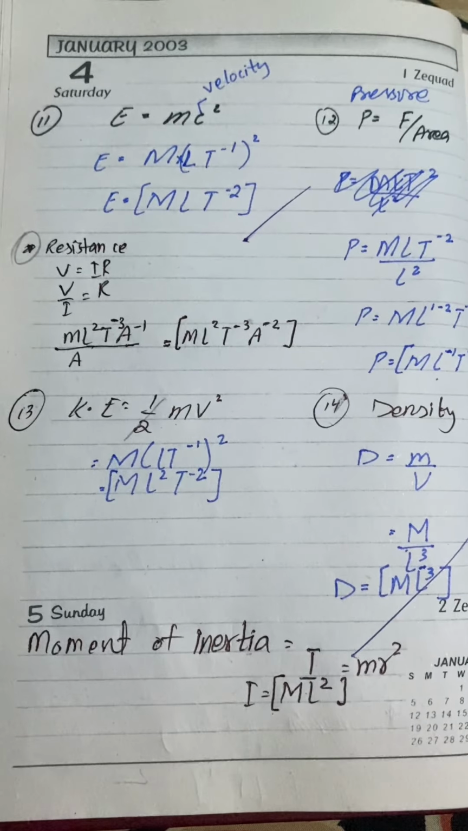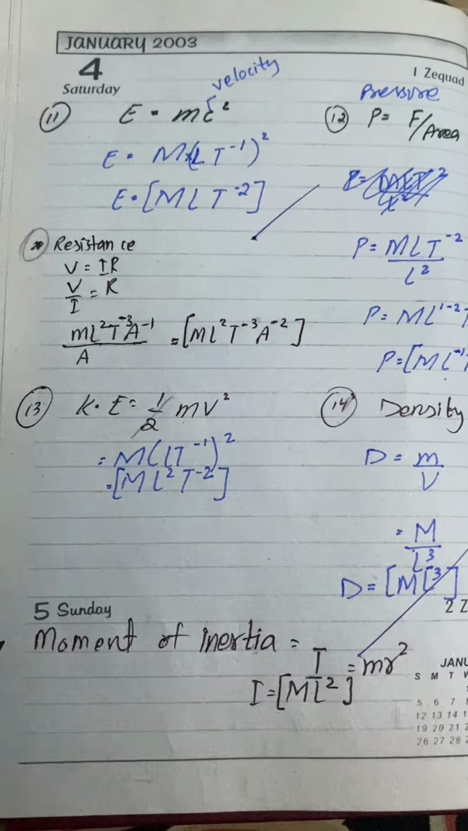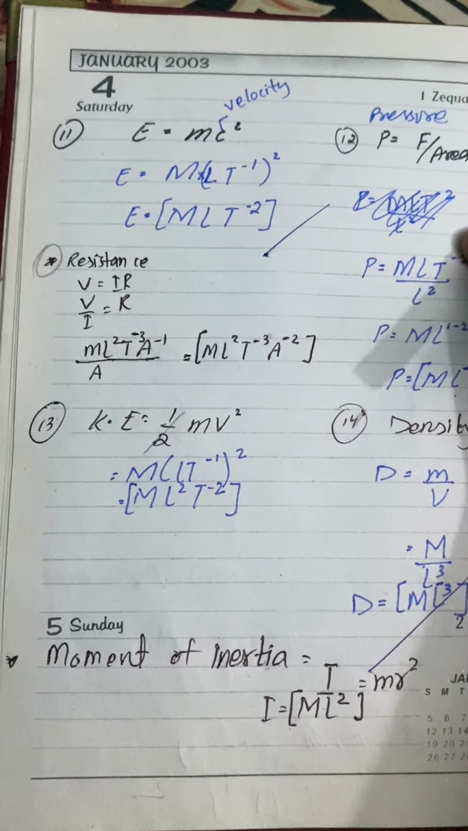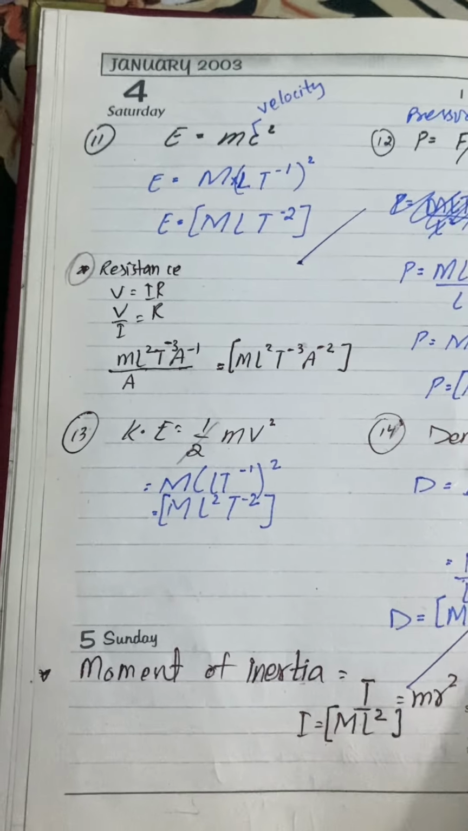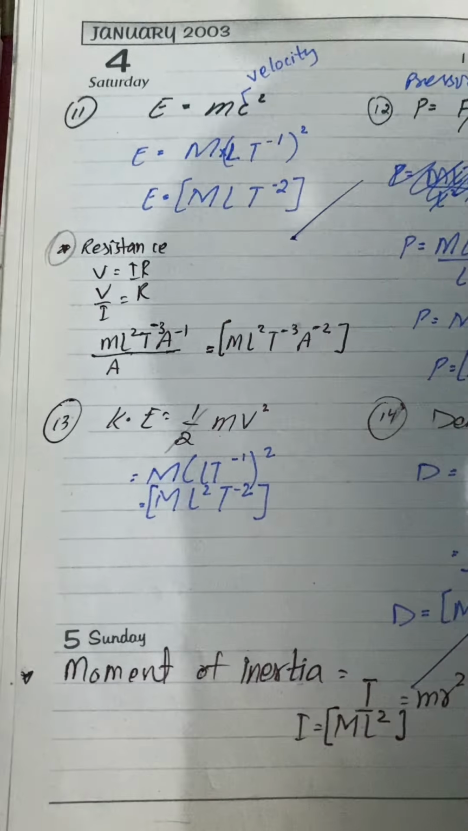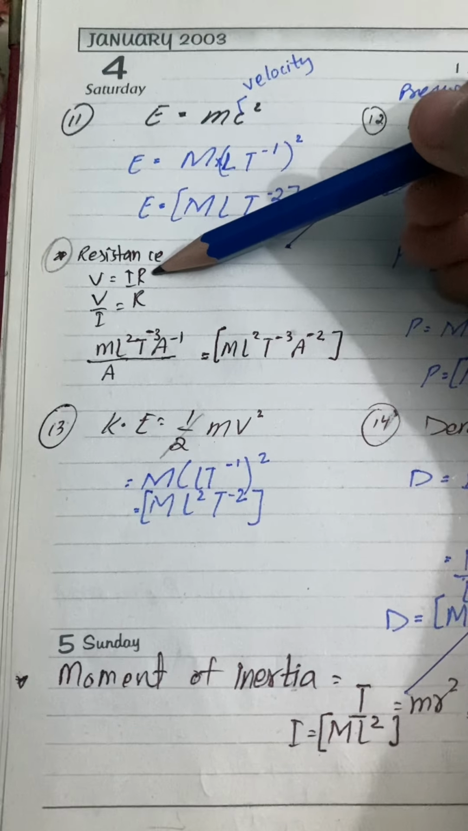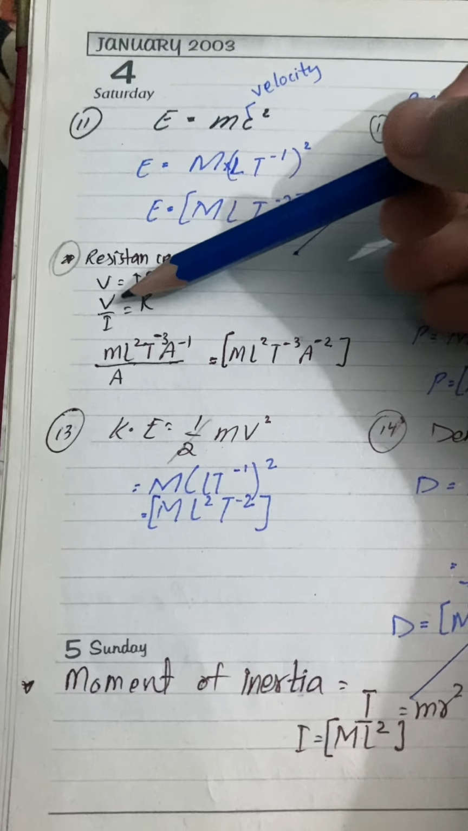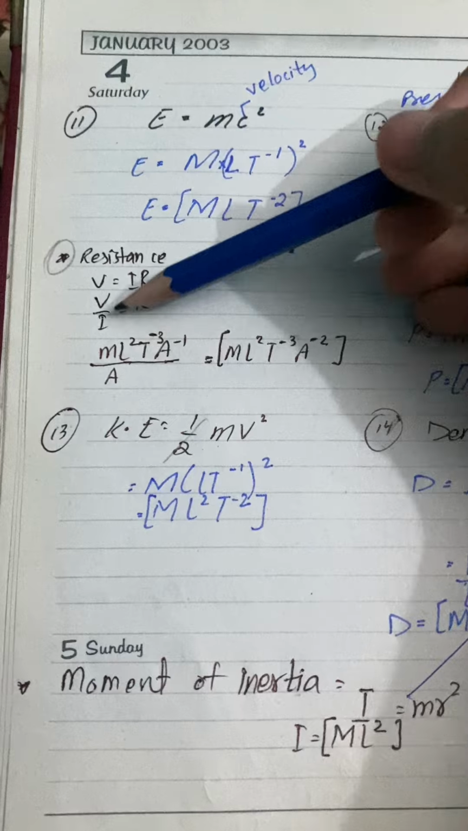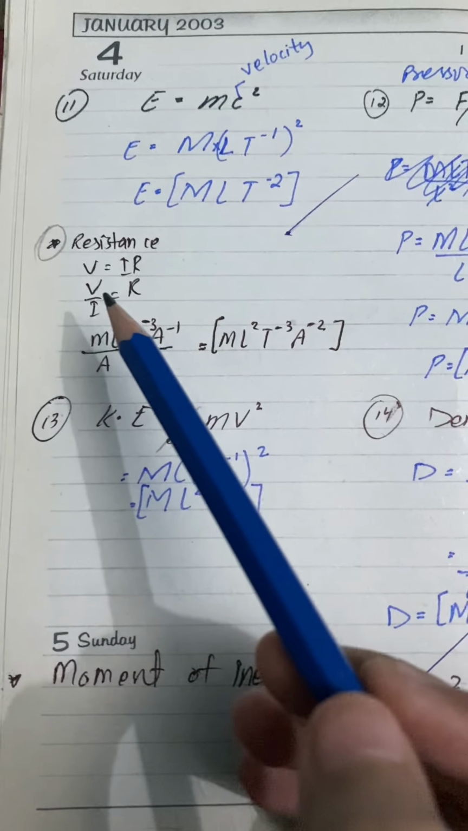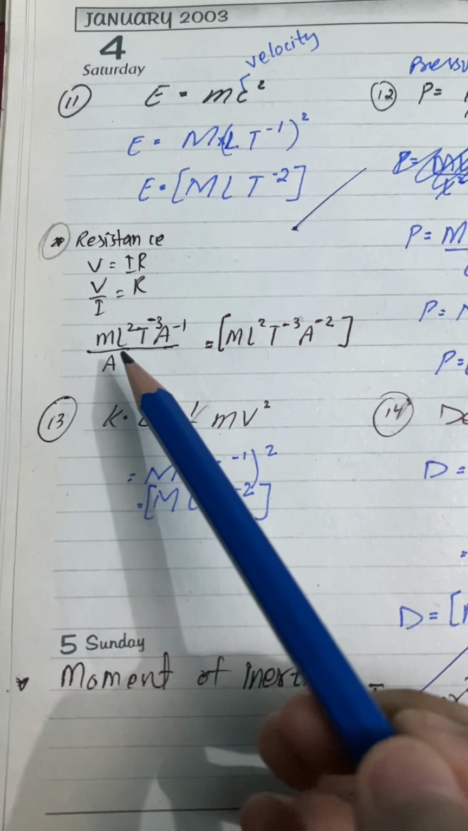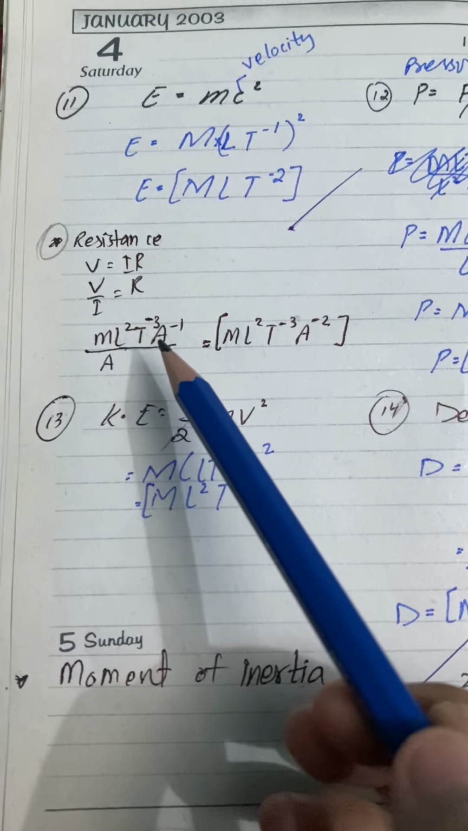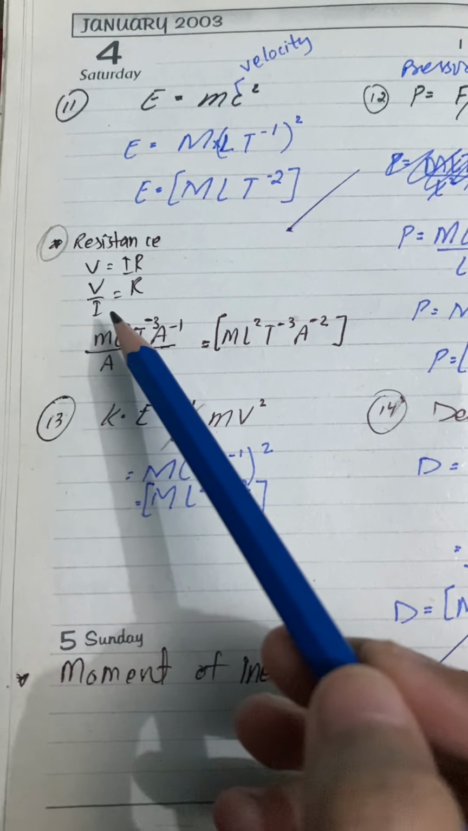As we have discussed in the last video the dimension of pressure, now the dimension of resistance. As we know that voltage is equal to current multiplied by resistance. Resistance is equal to voltage divided by current. So as we know the dimension of voltage is ML²T⁻³A⁻¹, and this